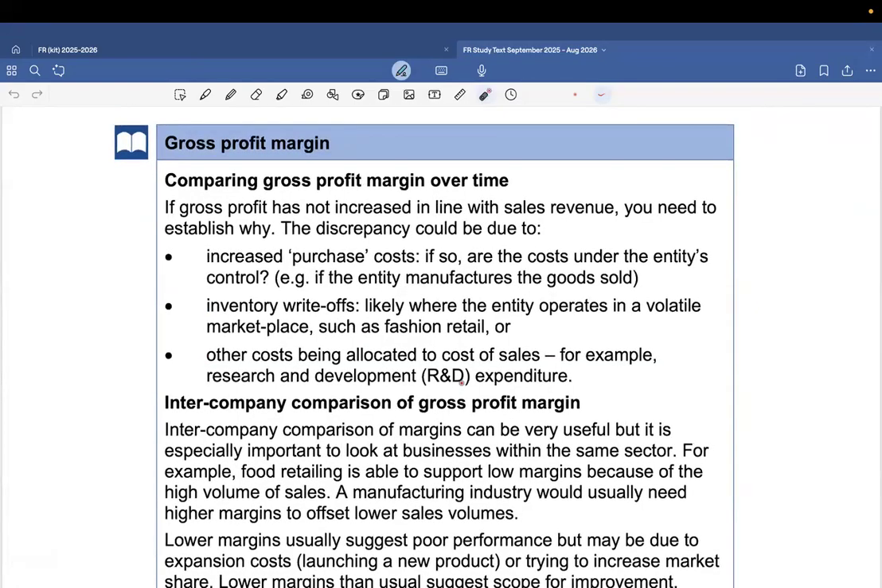Suppose the gross profit hasn't increased in line with the revenue, then what does it mean? Under gross profit, what are the factors that are there? There is inventory, there is purchase, right? There is opening inventory, purchase, and closing inventory. So an increased purchase cost might make the profit low